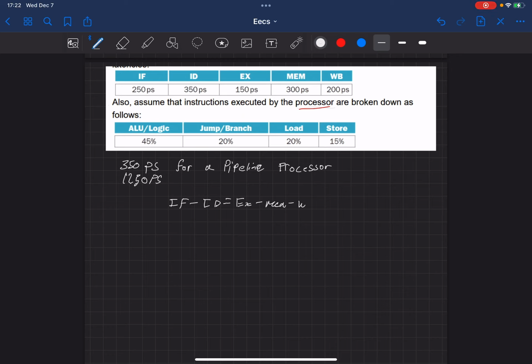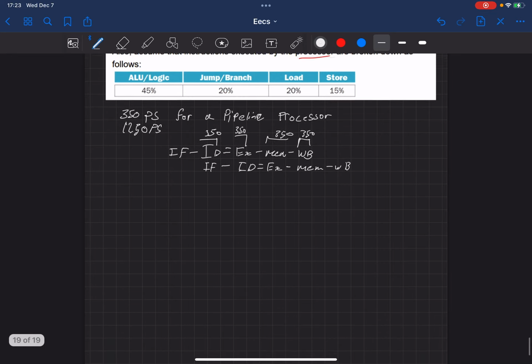memory, and write back. And then in a pipeline, we would go on to the next instruction, which would be instruction fetch, instruction decode, execute, memory, and write back. So because of this, we have to allow enough time for the other blocks to happen within the same amount of time, even though they're shorter. So for example, this one's 350. This one is 350. This one is also 350. Right back, we have to allow 350 just in case. And this one is